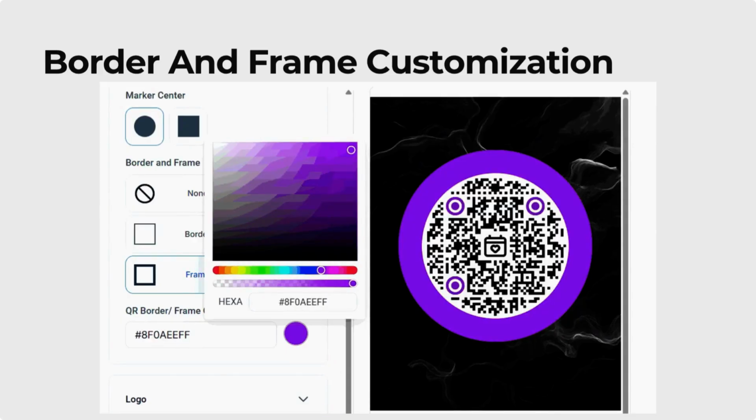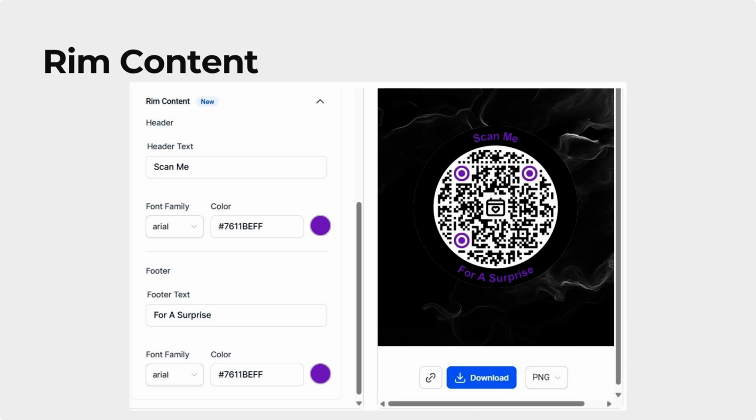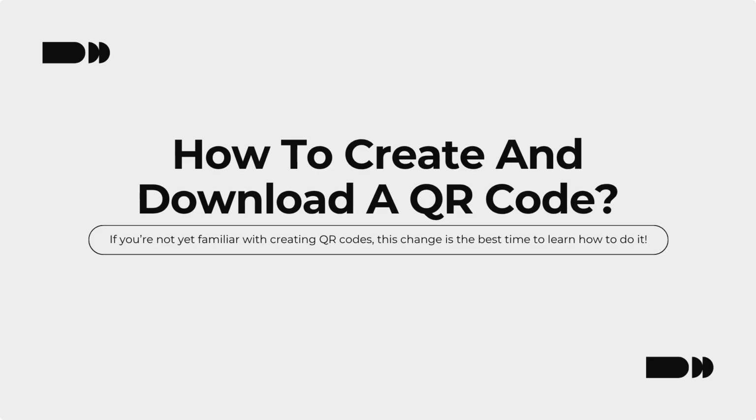You can now add CTA text to the top and bottom of your QR code to make it clearer and more action-oriented. If you're not yet familiar with creating QR codes, this change is the best time to learn how